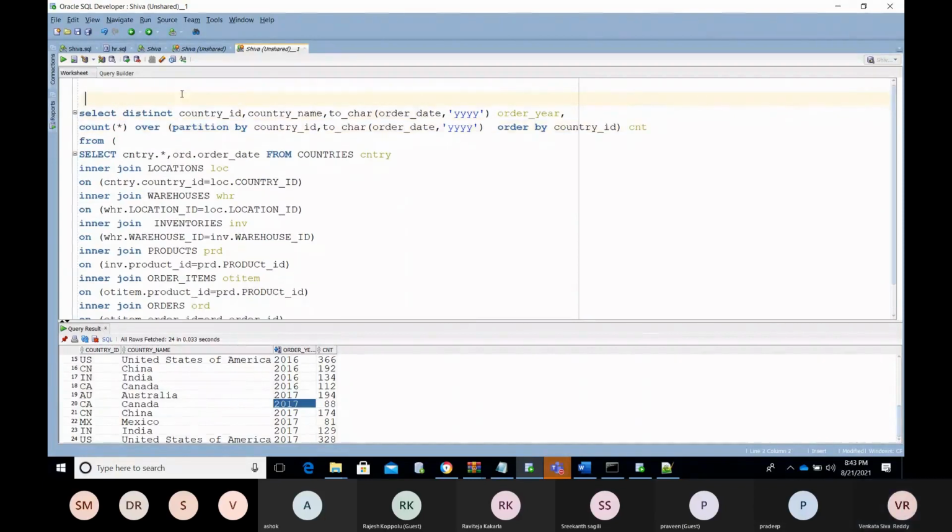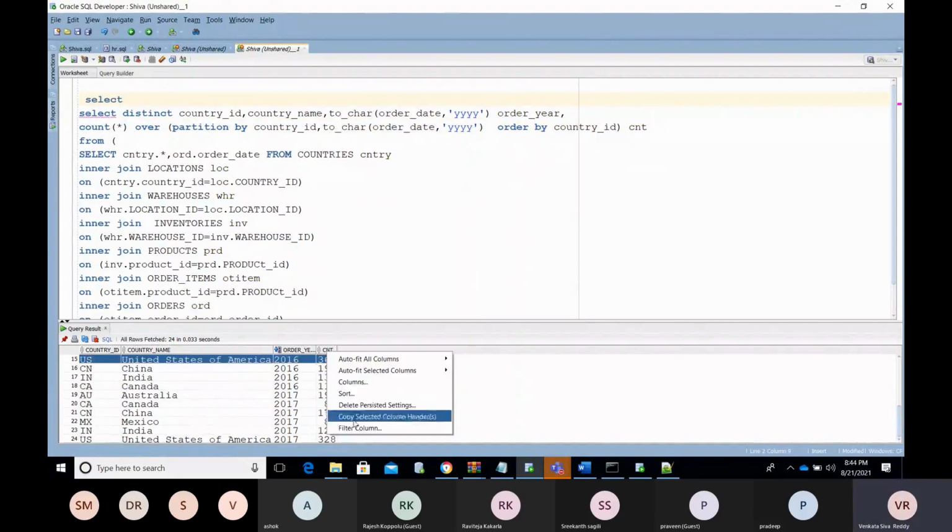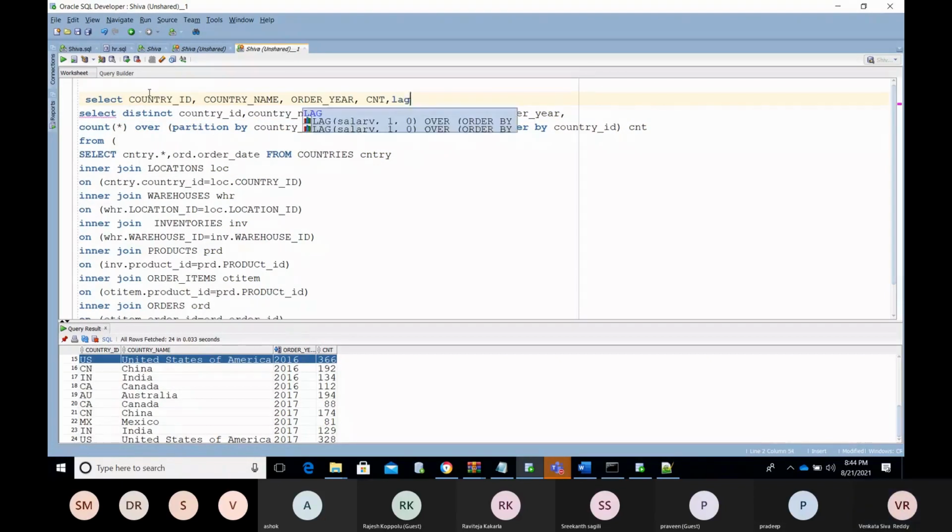I'm going to use all columns and put some extra column like previous month sale. I said lag is the function. I'm going to use order year.